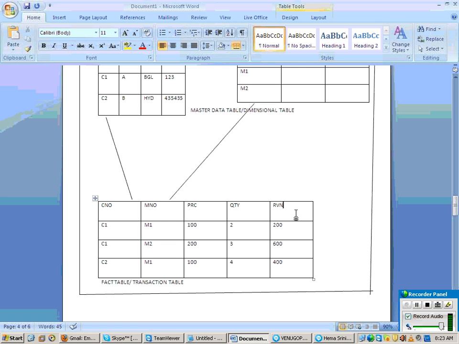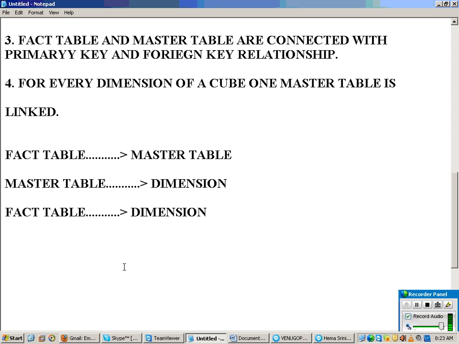Now let us say I am analyzing revenue. Imagine we are analyzing revenue with which angle now? With customer angle, okay? I am analyzing revenue with customer angle. Okay? So now, imagine I am analyzing now revenue with which angle now?